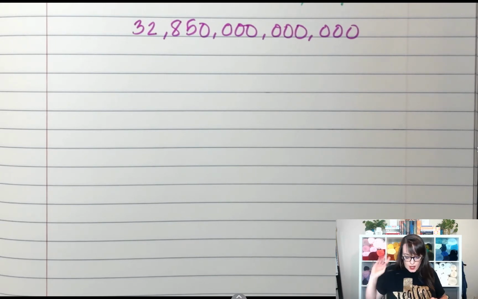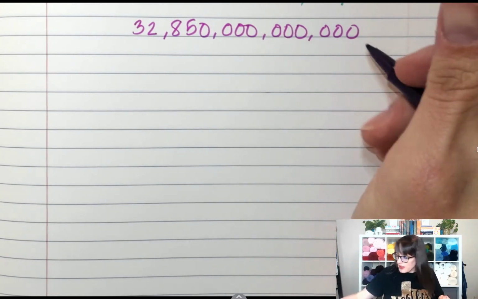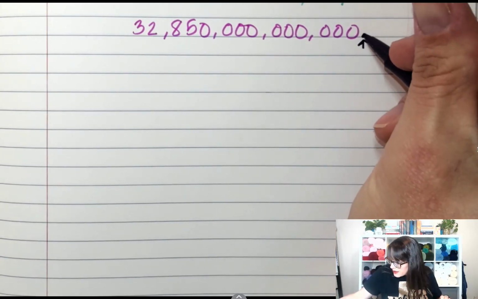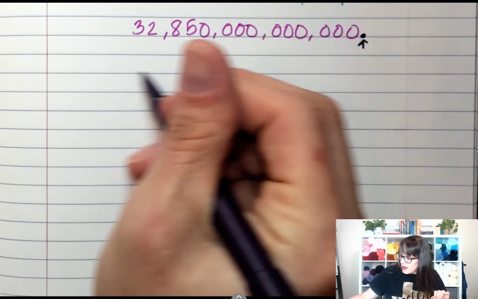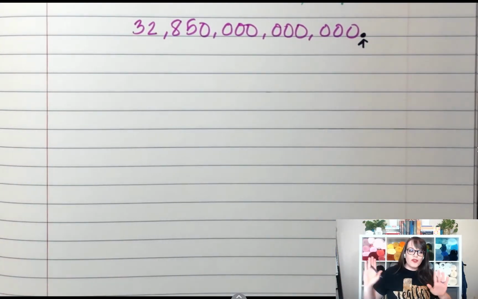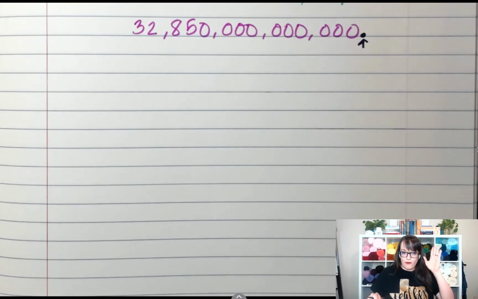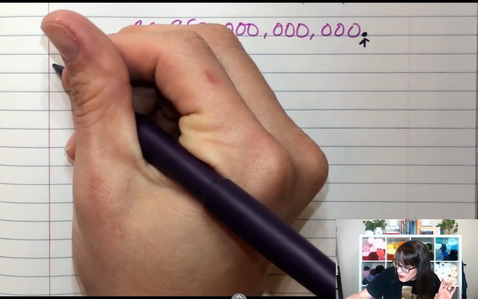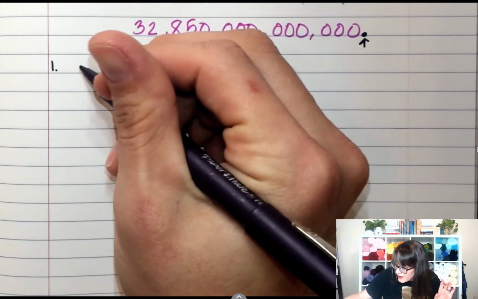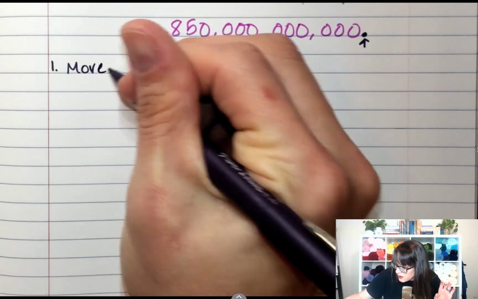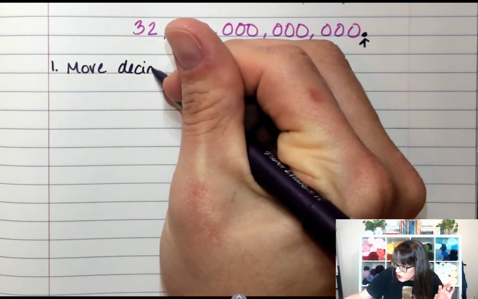Okay, so the first thing I need to do is take my decimal. Here's the decimal. This is my original decimal. And I need to move that decimal until there's only one digit in front of it. So step one, I'm going to move the decimal to the left